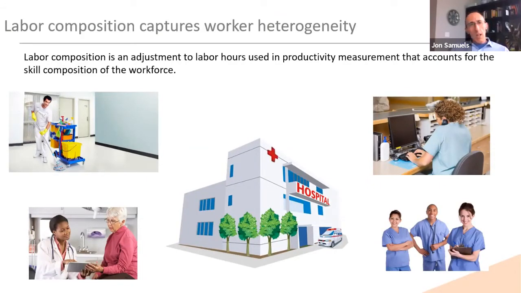The way to think about labor composition is that it captures worker heterogeneity. It's an adjustment to labor hours worked in productivity measurement that accounts for the skill composition of the workforce. We can look at a particular industry like hospitals, and there are all sorts of workers within the hospital, from doctors to nurses and receptionists, in addition to cleaning staff. What labor composition is seeking to measure is the shift in the distribution of skills over time within